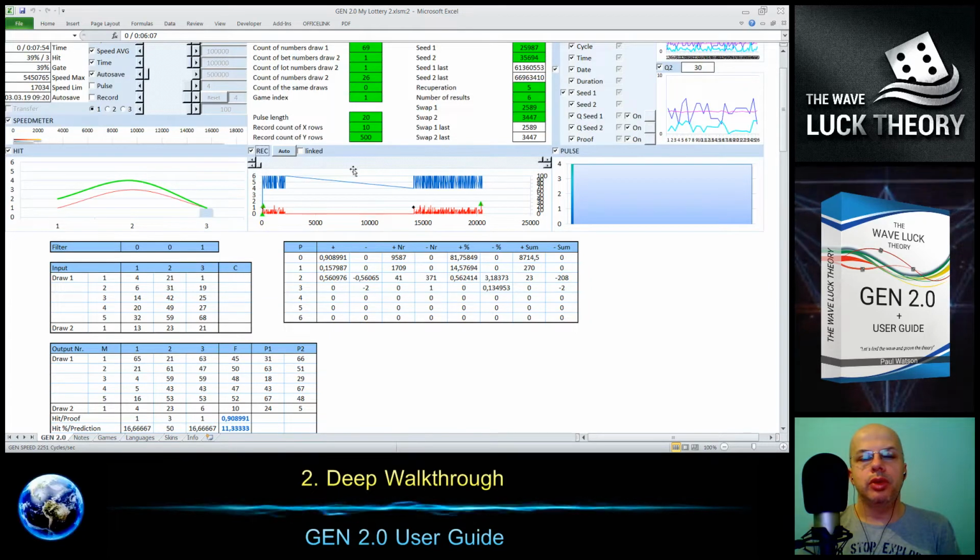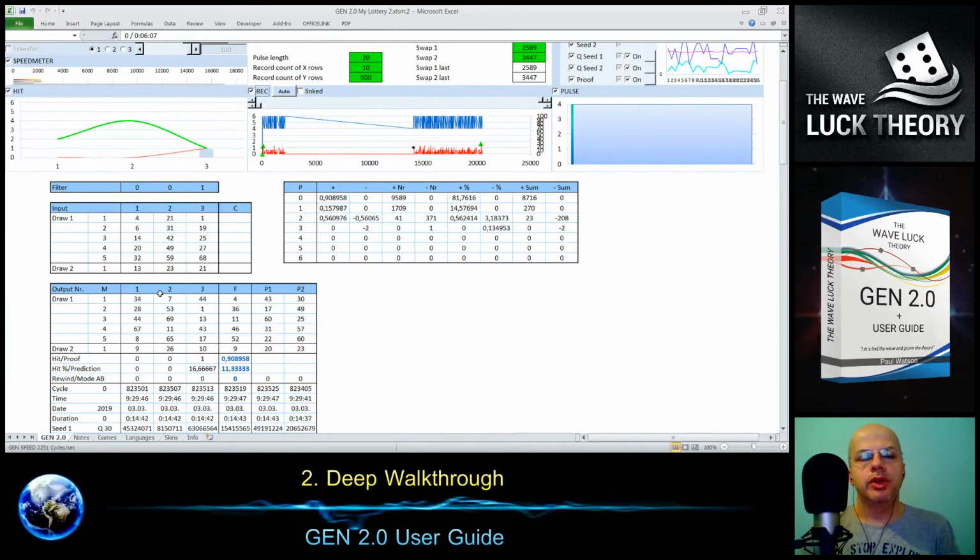Then the secondary axis shows the number of draws, and the number corresponds to the history, which is 3, plus the future lots, plus the prediction.